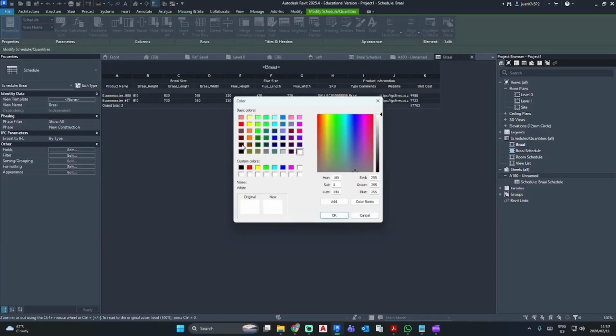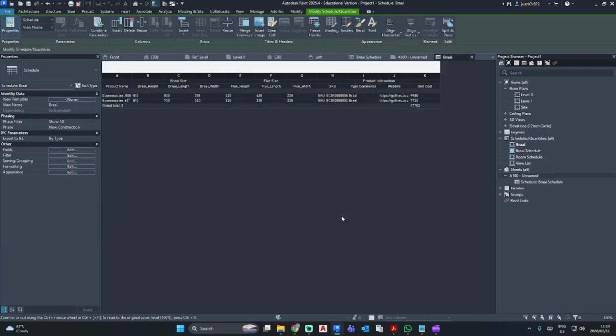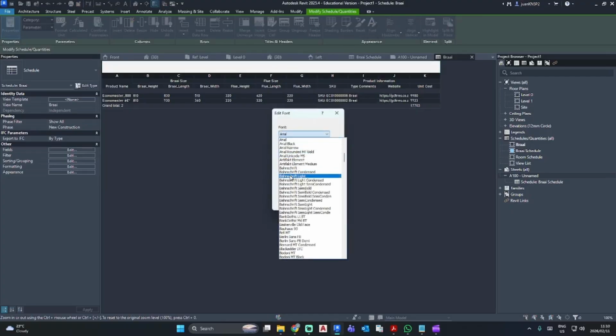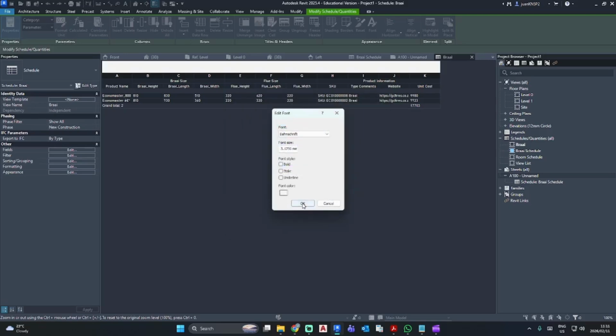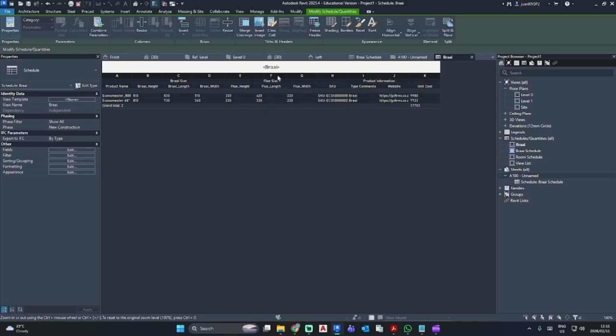I'm going to go shading, select black, OK, and then we'll go font, I'm going to change this to Bunchcraft as well and change the color. Don't go with the top white or select white because it won't register. Just go just under the top part and go OK, OK, and there you'll see your header has changed.